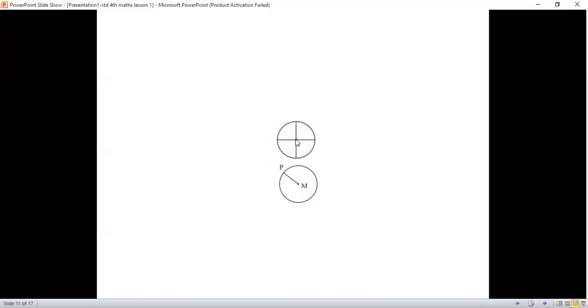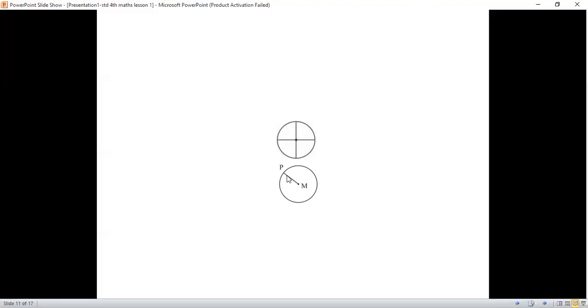Now here again you can see the point, that is the center of the circle through which we make a circle. Now this is called the radius, which runs from the center to the right side of the circle. It can be this way or this way, but it will be only half of the diameter. It runs from the center to the right side or to the left side of the circle. It will not make the half of the circle.